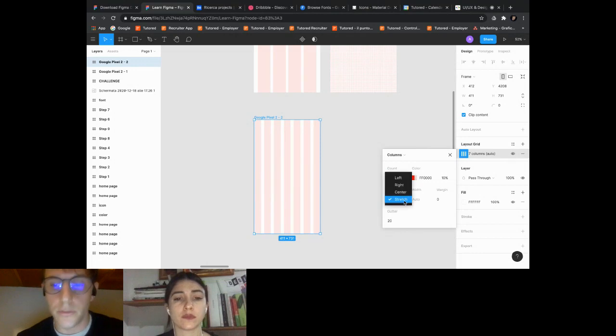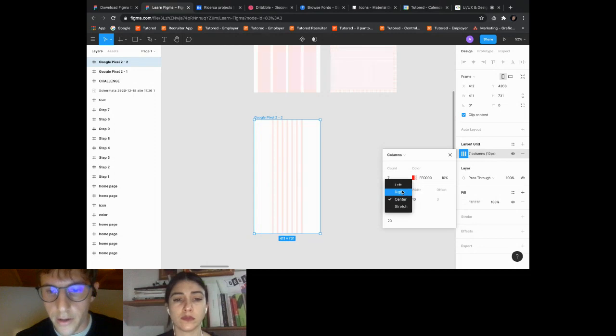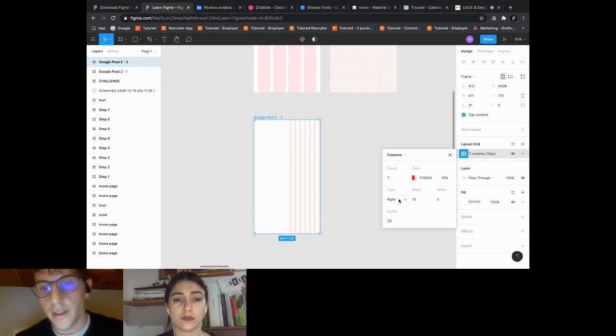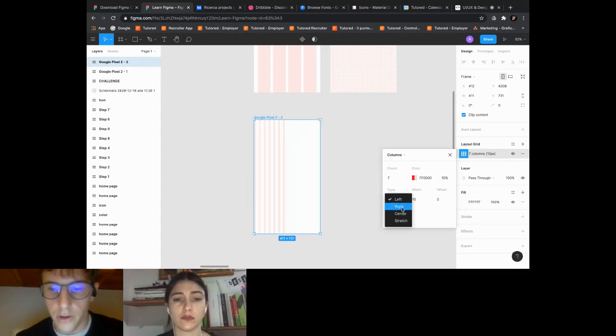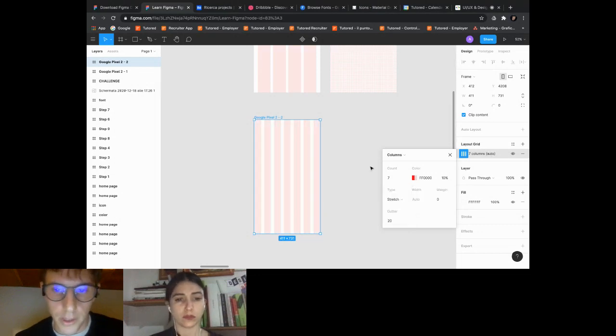For the type, my suggestion is left stretch, because center or right, where the columns start from the left or right, is very uncomfortable. I suggest you leave stretch.